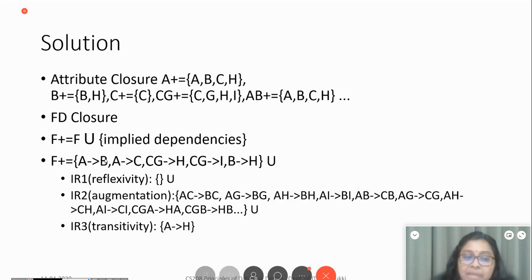Similarly, transitivity. Check whether there are any FDs in our set to which the transitivity property can be applied. Yes, we have got one. A determines B, B determines H. So from these two, we can say that A determines H. Okay, so using the transitivity property you can infer this. So we had these original 5 FDs, and along with them, the new FDs that we can create or infer using these 3 axioms, all of these together you make a union and form a new set that is the closure of this FD set, denoted as F plus. Okay, yeah.